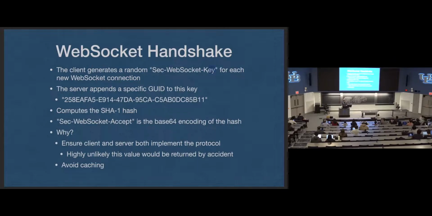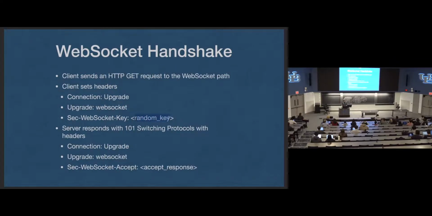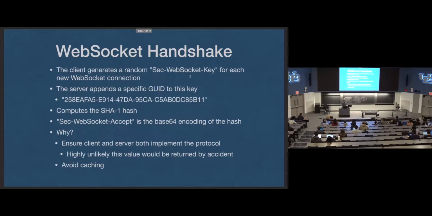So what are we going to do? We're going to read that Sec-WebSocket-Key. So we got this random value from this header. We're going to read that header and get that random value. It will be random. It'll be different every single time. Even if the same client opens 20 WebSocket connections with you, that value will be different every single time, at least with high probability. It'll be a really long random string.